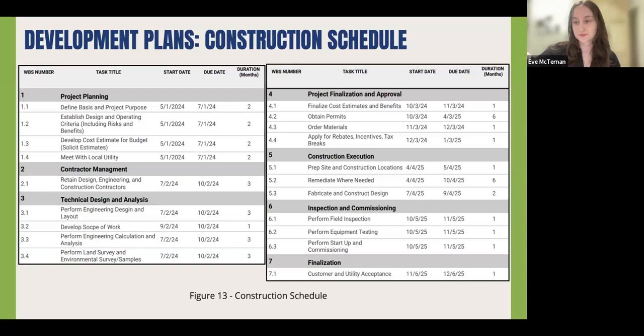Here is the proposed construction schedule for the installation of our designs. As you can see, we have already gotten a head start on task 1 by getting familiar with the college's goals for shifting towards renewable energy, choosing the best locations for our PV systems, and conducting a thorough financial analysis in order to make this project cost efficient. Some tests are planned to be conducted at the same time in order to minimize the construction time of the project. In tasks 2 and 3, professional contractors will be hired to take further responsibility of the designing and engineering